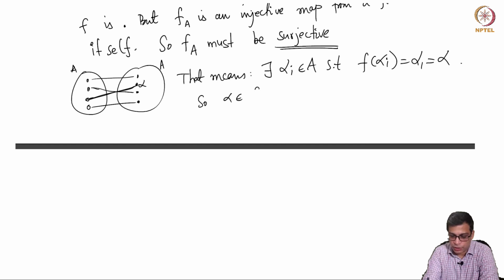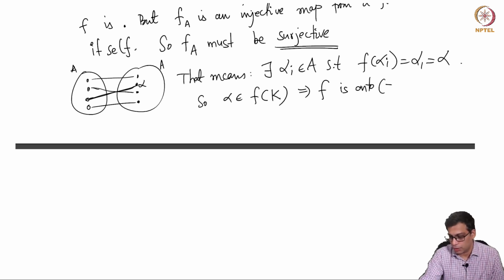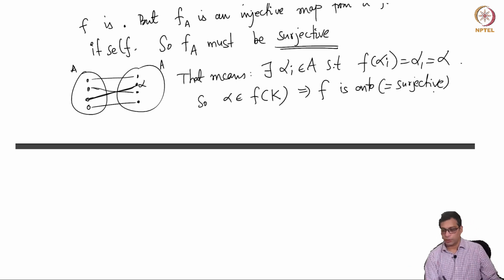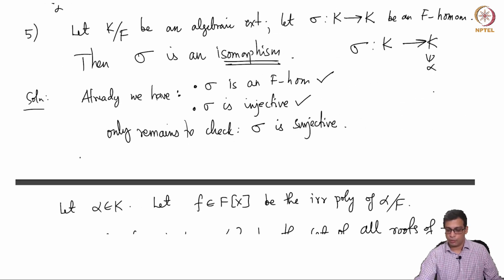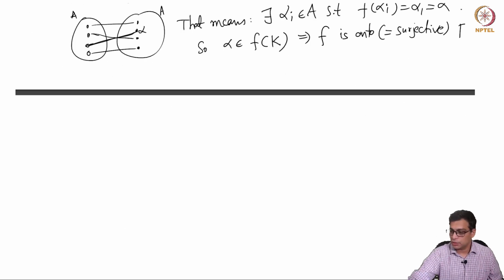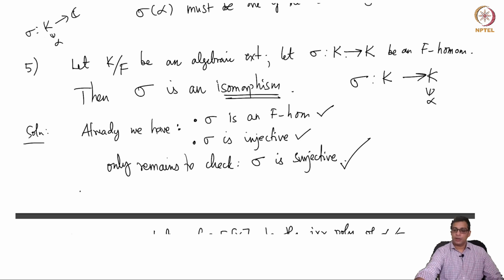So alpha is in the image of K itself, so that means f is onto. Onto equals surjective; surjective is a synonym for onto. So f is an onto function, which is exactly what we needed to prove. So this completes the solution. This is going to be a very important statement for us, namely that if you have an algebraic extension and you are looking at maps from K to K, this is very important for us, then it is